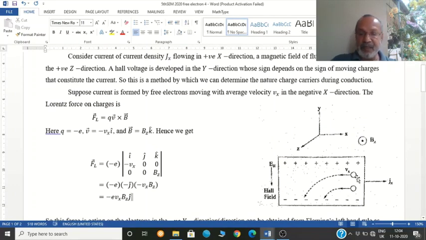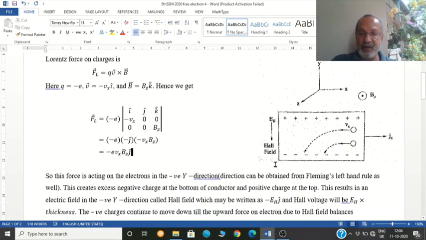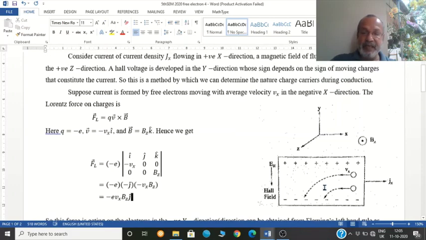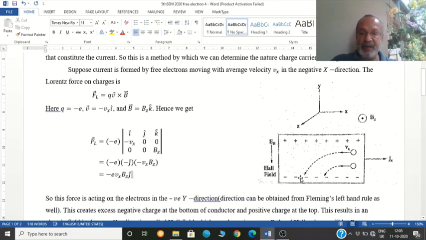So the electrons experience a force in the downward direction, and they move downward until the lower surface is reached. Because of this deflection, the lower side becomes more and more negatively charged, and since the entire material is electrically neutral, the opposite side becomes positively charged, and there is a voltage developed between upper surface and lower surface, and that is called the Hall voltage. And simultaneously there will be an electric field also. Electric field into this thickness will be equal to voltage. That is the relation between voltage and electric field.